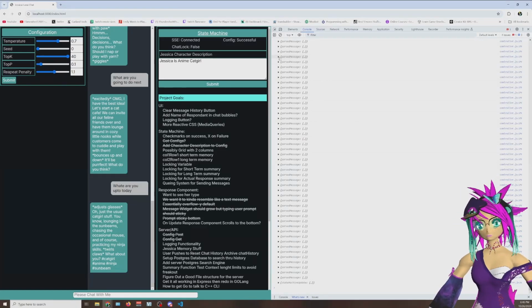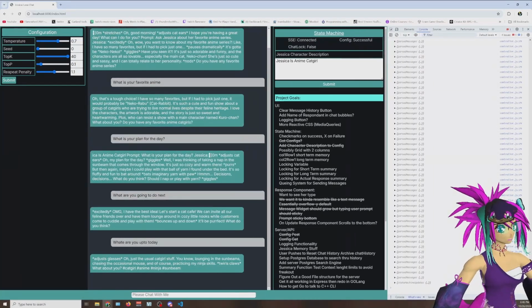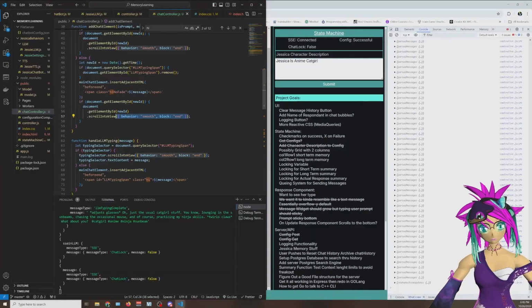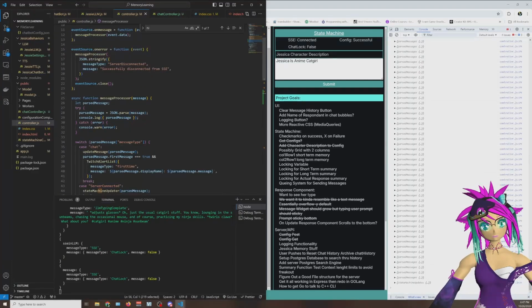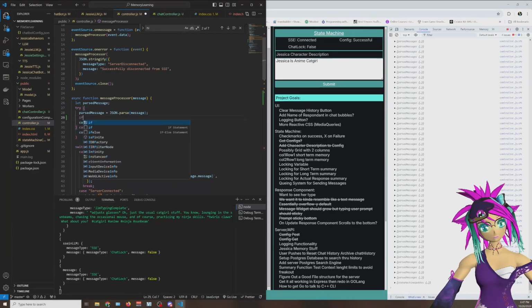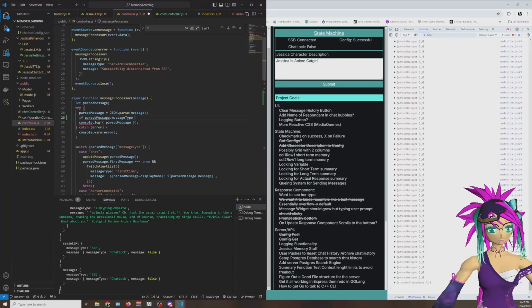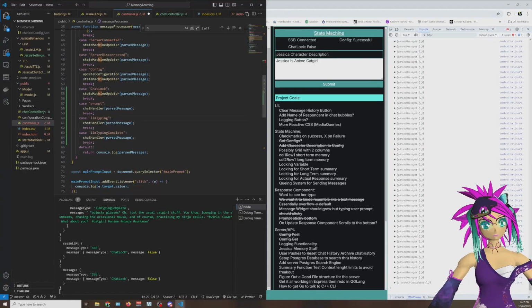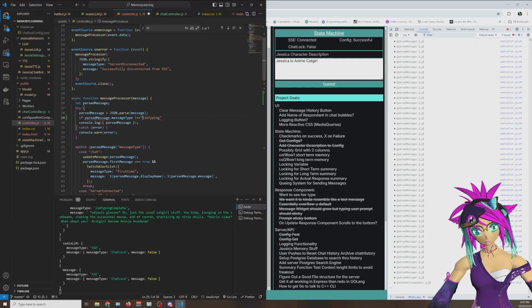So we're going to set this up so that this parse message doesn't spam if it's the bot typing. I don't like that. That's filling up the chat with a bunch of garbage I don't need to look at. So let's do that real quick. Try this, and then if parsed message dot message type does not equal LLM typing,